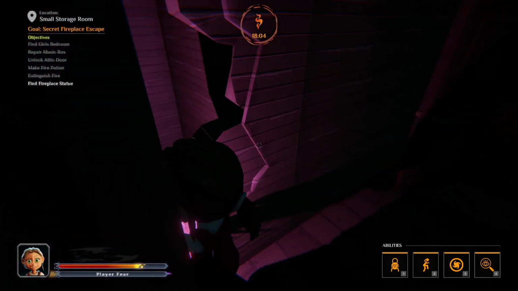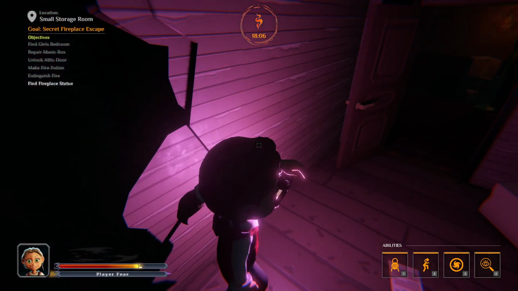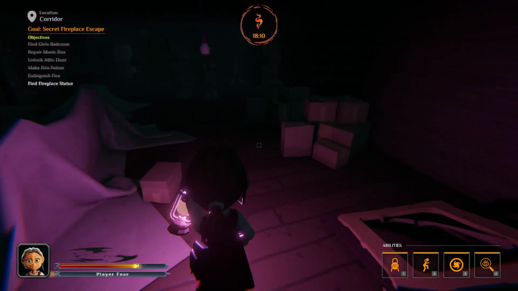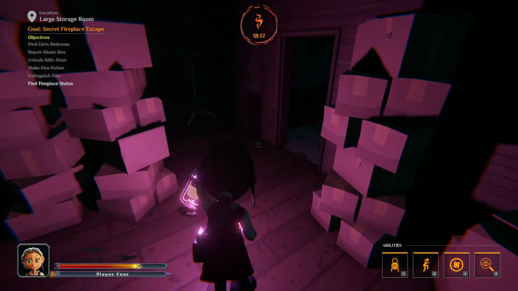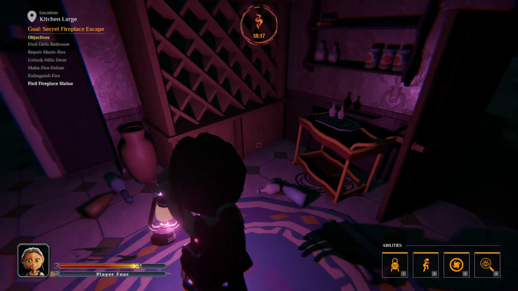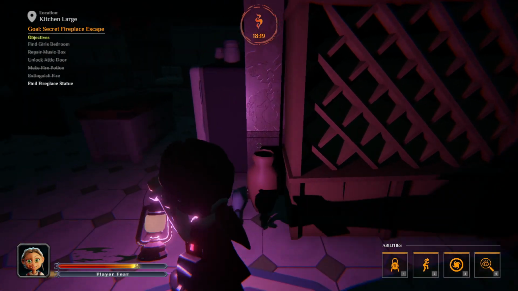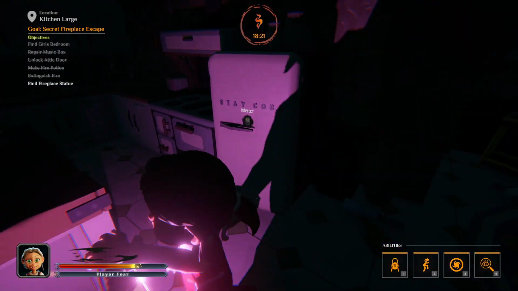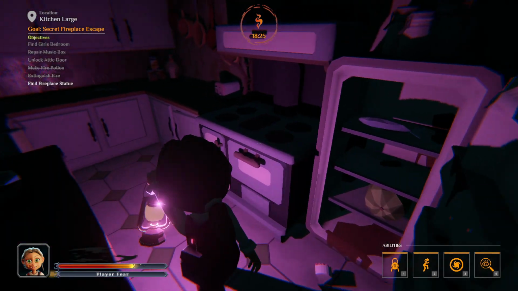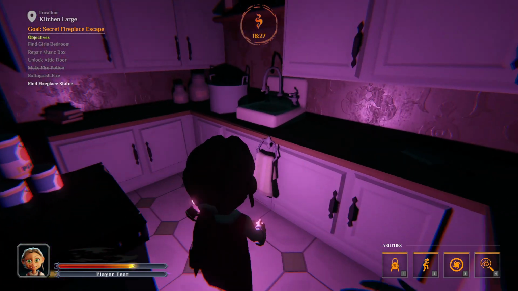Now in this small storage room, the small storage room has this safe here, and that is for the other escape as well. And then the dining room has lots of food. Now, food is really good for you. It reduces your fear levels. You can get sugar rush off of it. There's all kinds of really awesome things that are